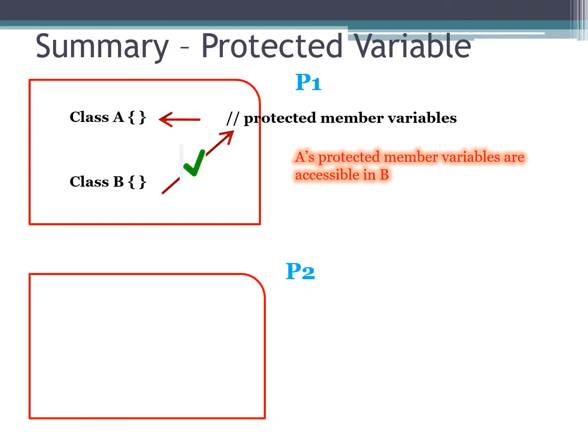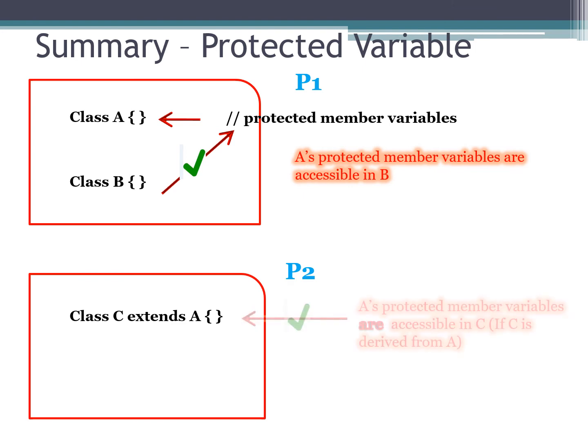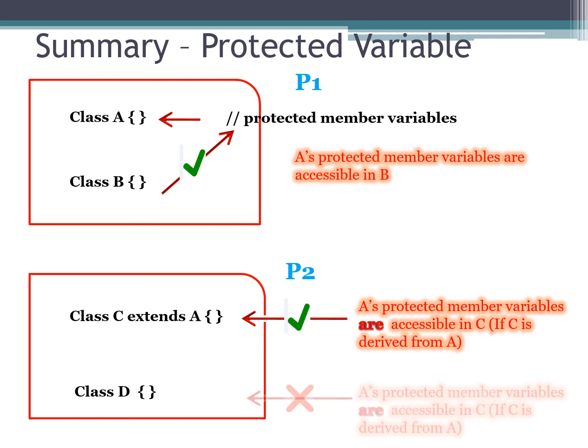Now let's consider package P2, and in P2 let's say there is a class C which is derived from class A. Class C is able to access A's protected variable, as both are related to each other by means of inheritance. But if there is one more class D which belongs to package P2 but is not related to class A, which is declared in P1, D is not able to access A's protected member variables.